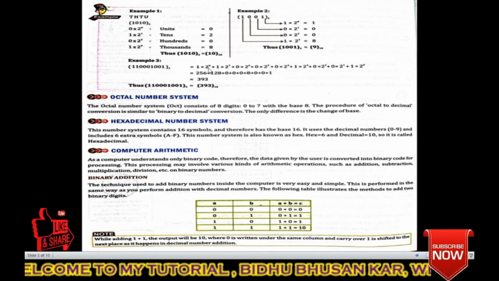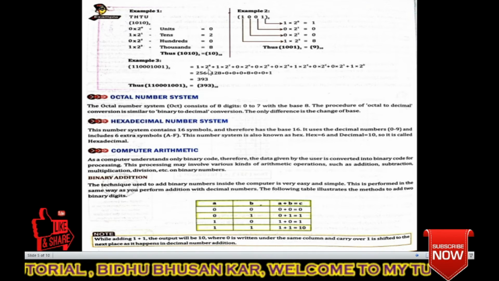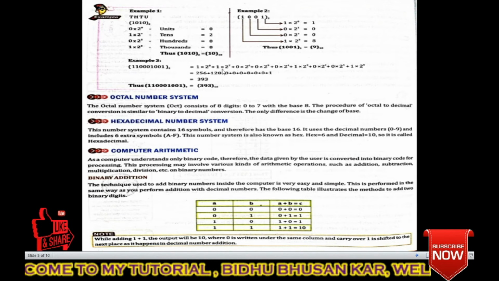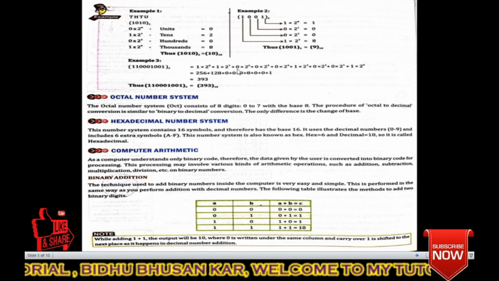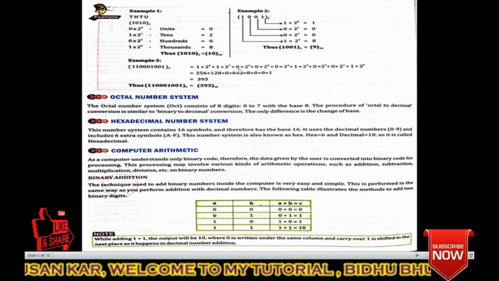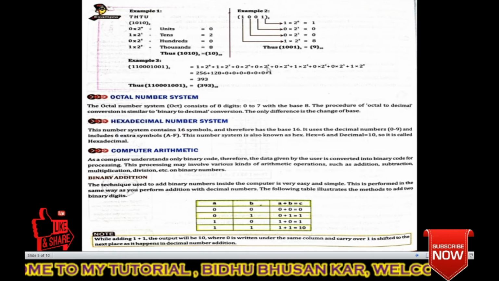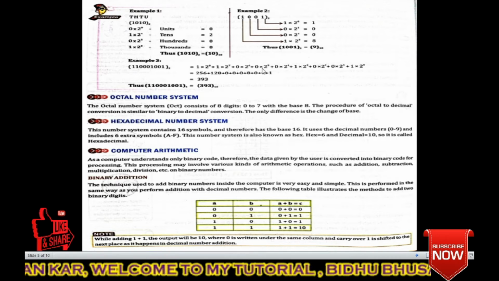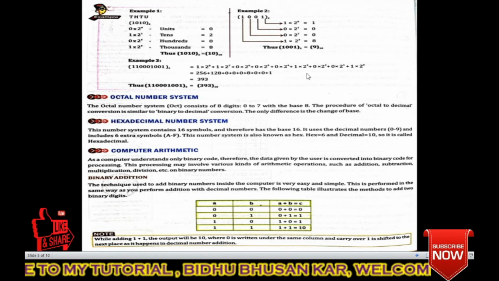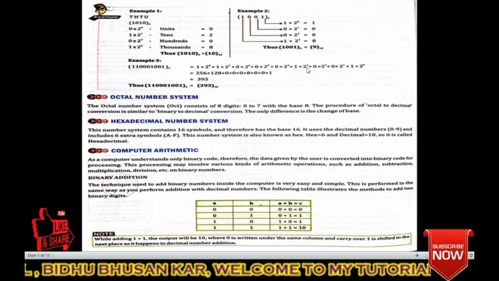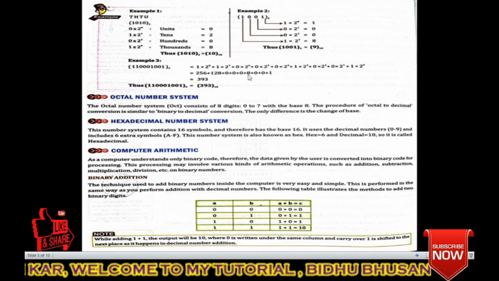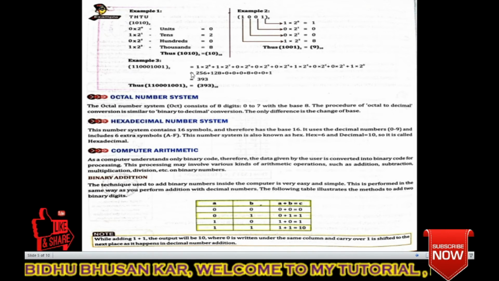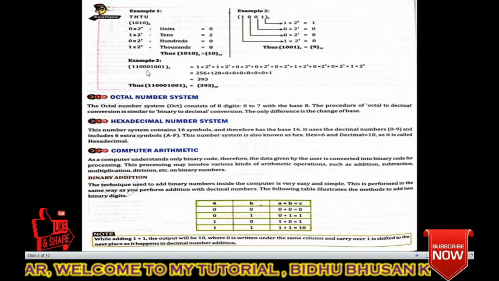Then you have to multiply. 2 to the power 8 means 8 times you have to multiply 2, then 1. So 2 to the power 7 means 7 times you have to multiply 1. Then 2 into 0 means anything you multiply with 0 will be 0. 2 to the power 5 multiply 0, 0. Anything multiplied by 0, see 1, 2, 3, these are zeros. Okay. Then 2 to the power 3 means 2 to the 4, 4 to the 8, 8 into 1, 8. Okay, like this we have to calculate. See, this is the answer.